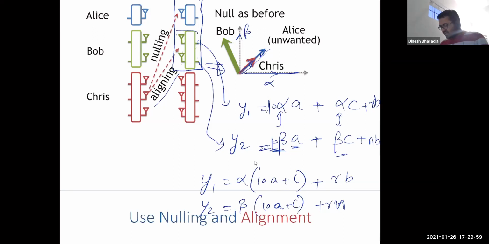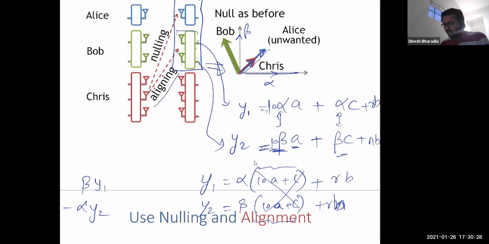So this is all unwanted signal. I don't care if I decode this or not. I just want to cancel this out, right? So what I can do is beta times y1 minus alpha times y2. If you multiply this with beta and this with alpha and subtract them, this will get cancelled, and you will be only left with,